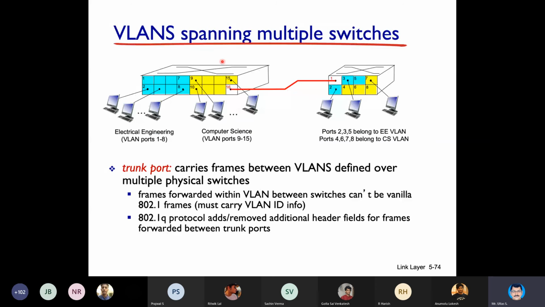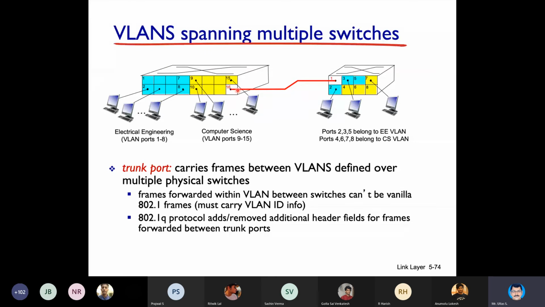When the data is coming out through this port number 16, it will add the VLAN number. Every VLAN will be identified by its number. Say the blue one, I'll number it as 10 while configuring. Maybe the yellow one I'll configure as 20.